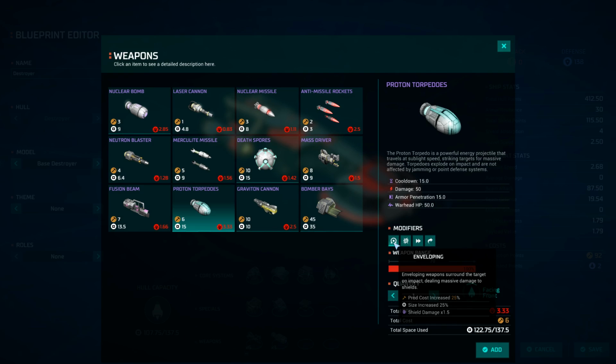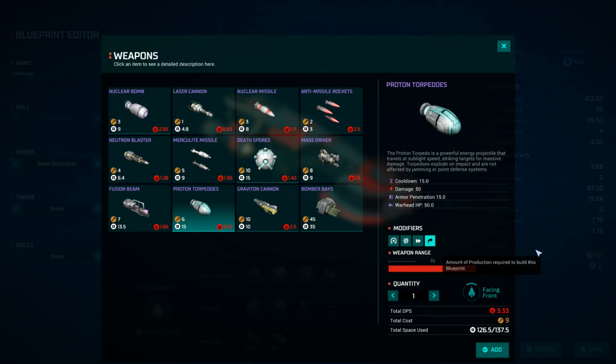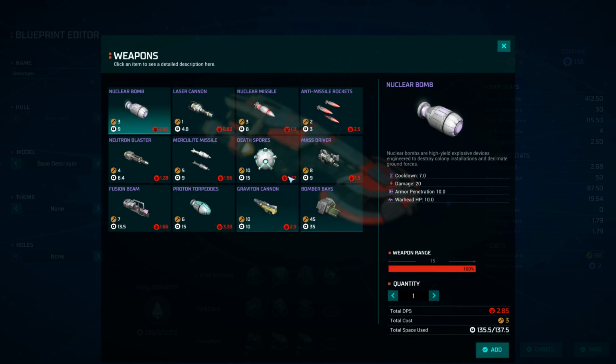Enveloping. You can surround the target on impact, dealing massive damage to shields. Fast. I like the idea of a fast proton torpedo because you want them to hit their target as soon as possible. Oh, nice. Semi-guided. Limited homing capacity. Production costs increase 50%. Size increase 25%. So I could either have them faster or have them slightly guided. I'd rather have them slightly guided, frankly. All right, so let's just add 1 proton torpedo to destroyers. And now,